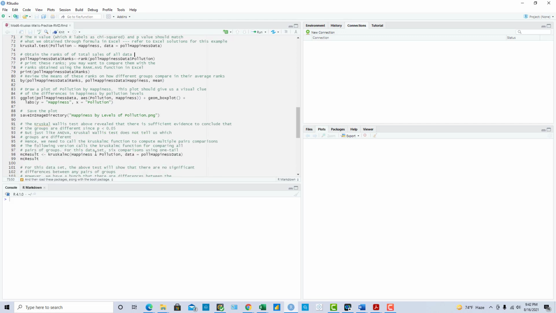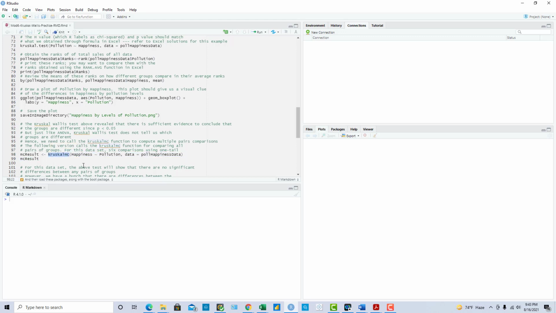In line 98, we have already done the Kruskal-Wallis test in line 73, and assuming that the Kruskal-Wallis test yields that there are statistically significant differences among these groups, we conduct the multiple group comparisons using the kruskalmc function in line 98.